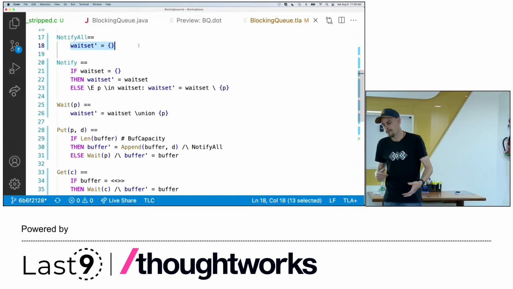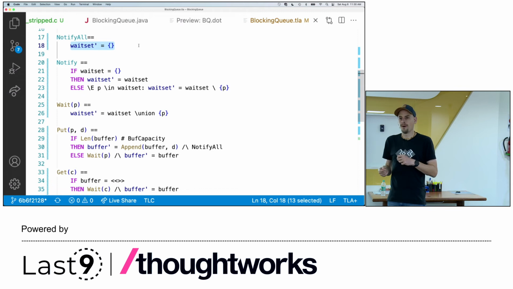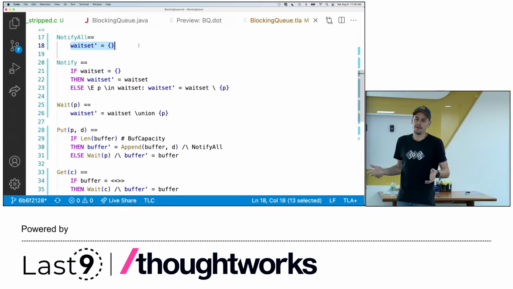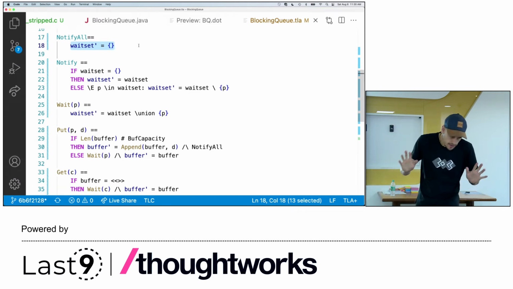But if you think in terms of the implementation, and if you look into pthread, glibc, and so on, then you will find that to do a notify all, you do a number of notifies equal to the number of elements in the wait set, right? So you do a for loop for every thread in the system. Now imagine you have 1024 threads in the system. You have to notify 1024 threads. So the solution works, but I would argue it's perhaps not the most elegant one. Yeah? It's like a sledgehammer approach here. Works, but